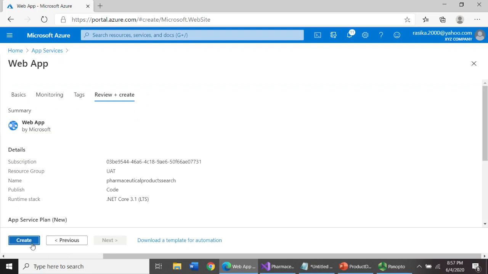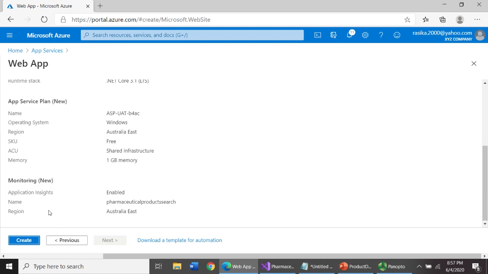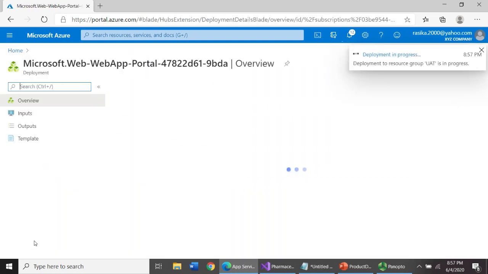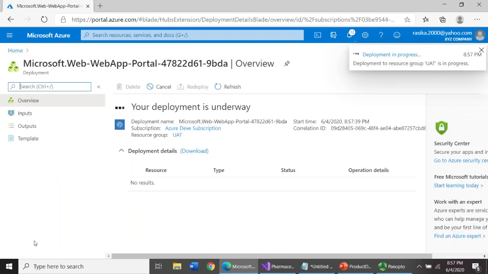So it goes to the review screen, and you can verify the information once again. If everything is fine, you can click create to create the app service. So this will create your app service.